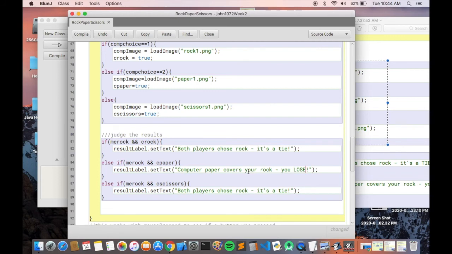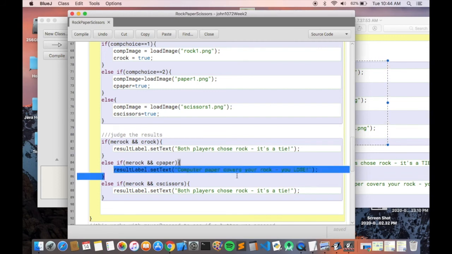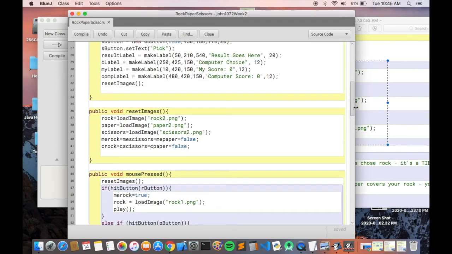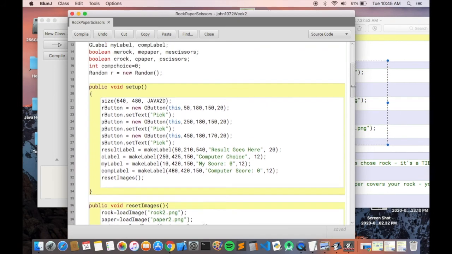Something like that. All right, and then for this one here, I'm going to say my rock crushes computer paper, right? So your rock crushes computer paper. You win. Okay. Now, in the case where the computer wins or I win, we're also keeping track of our score, right? So up here at the top, we have